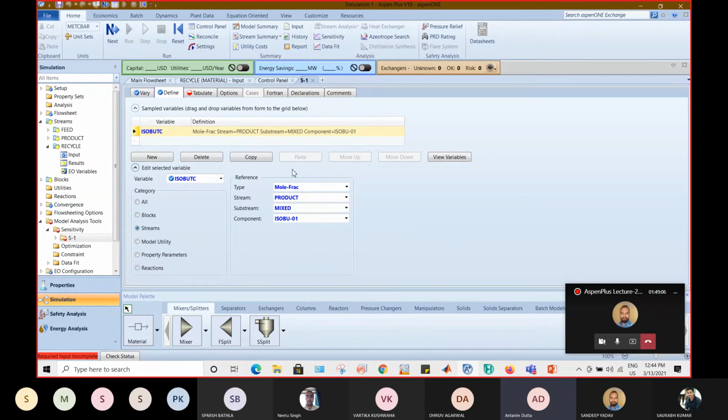ठीक है, याद रखिएगा। तो हमें हमारा डिजायर्ड प्रोडक्ट स्ट्रीम जो है वो एक स्ट्रीम है क्योंकि वो एक प्रोडक्ट स्ट्रीम है, ठीक है। अब उस प्रोडक्ट स्ट्रीम में हमें मोल फ्रैक्शन को कंट्रोल करना है। आप उस स्ट्रीम के फ्लो रेट को कंट्रोल नहीं कर रहे हो। अगर आप उस स्ट्रीम के फ्लो रेट को कंट्रोल कर रहे होते कि मुझे प्रोडक्ट स्ट्रीम के अपने फ्लो रेट को कंट्रोल करना है विथ रिस्पेक्ट टू रिसाइकल स्ट्रीम, तब मैं यहाँ पे मोल फ्लो लेता। बट यहाँ पे मैं एक पर्टिकुलर कंपोनेंट के मोल फ्रैक्शन को गवर्न करना चाह रहा हूँ, दैट्स व्हाई आई हैव सिलेक्टेड मोल फ्रैक्शन ओवर हियर। क्लियर? इज इट क्लियर टू एवरीवन?